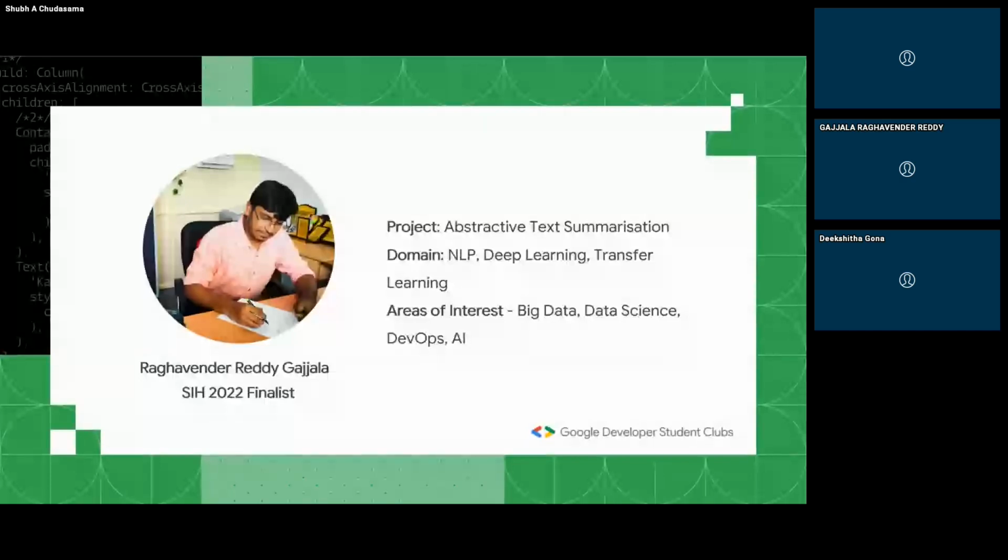The second thing is, SIH will sometimes give you an option called wildcard entry if the number of applications is low. That is actually a great opportunity which you can use. What exactly a wildcard entry is: the teams which are selected from the campus edition will be given an option to submit multiple ideas. So we submitted multiple ideas over here.